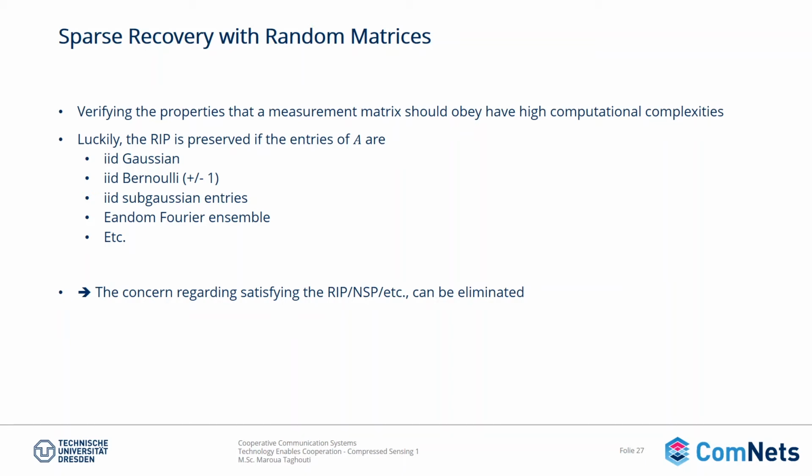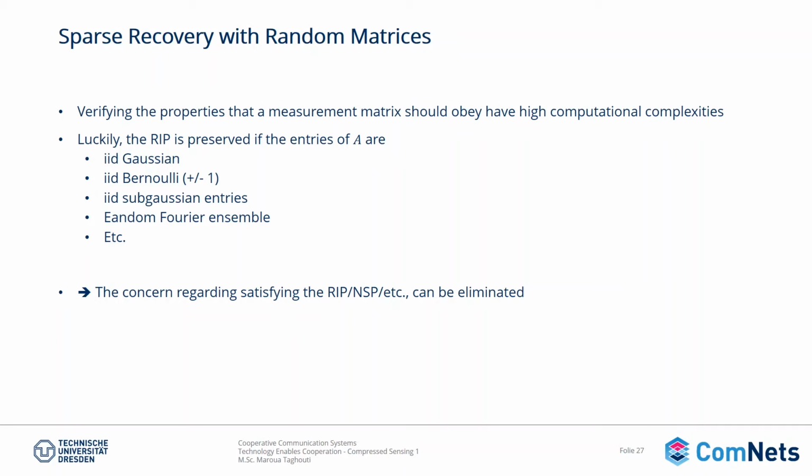So the concern regarding satisfying all the properties we have mentioned before could be discarded, and each time you want to have a compressed sensing problem, then simply pick a Gaussian matrix, for example, or Bernoulli, and the choice could be